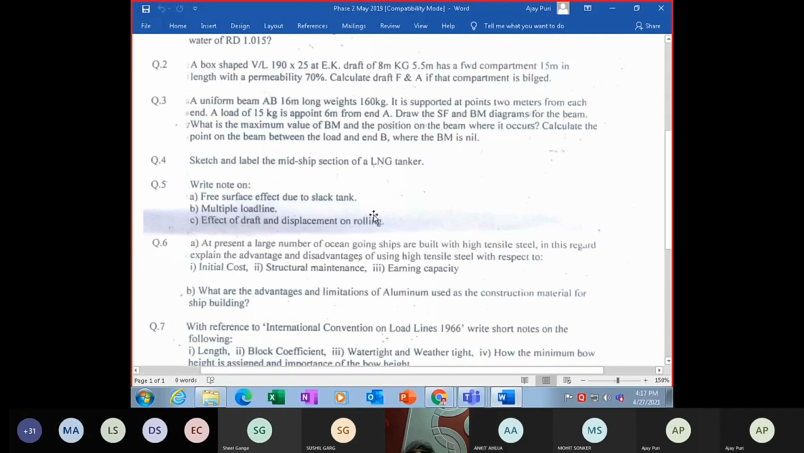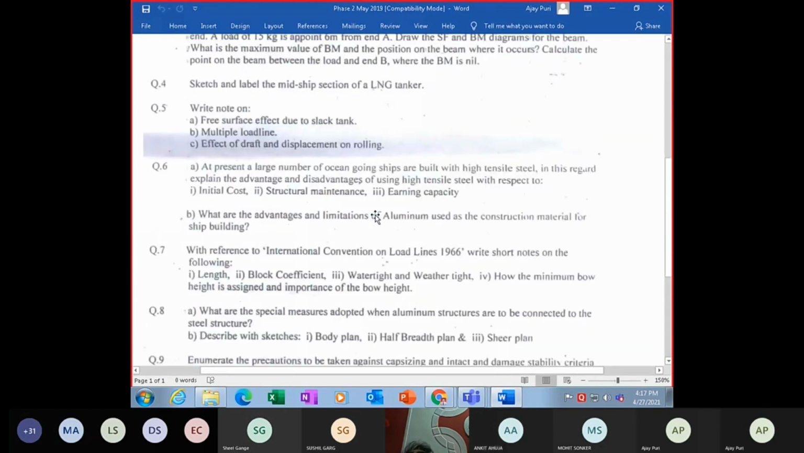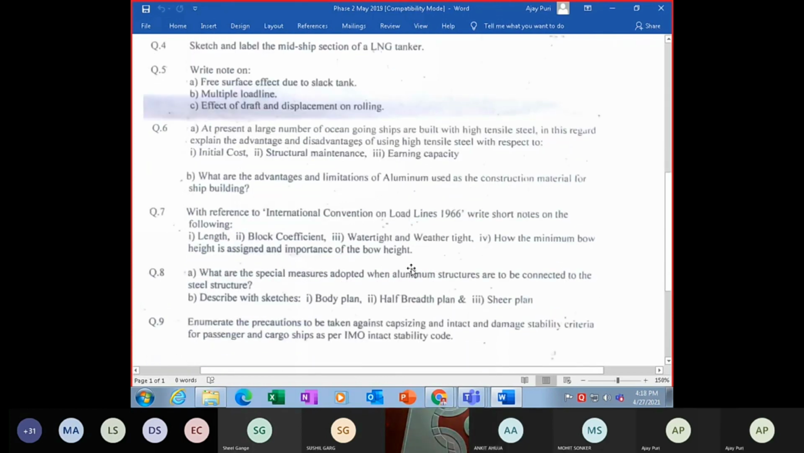6B, advantages and disadvantages of aluminum as a construction material. We have already done that. 7,